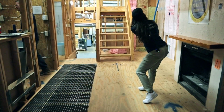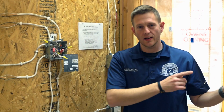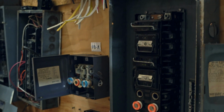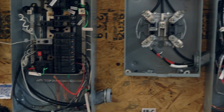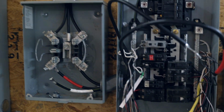All jokes aside, this place takes training seriously, as Austin saw in the next room. While Natalie works on her backswing with a piece of PEX plumbing in the foyer, we have right here 75 years' worth of electrical life, most commonly found in residential dwellings. We have fuses, stab lock load centers, typical single and double pole breakers, and meter-based disconnect combos. We have everything ranging from approximately the early 1930s all the way up to what we would find